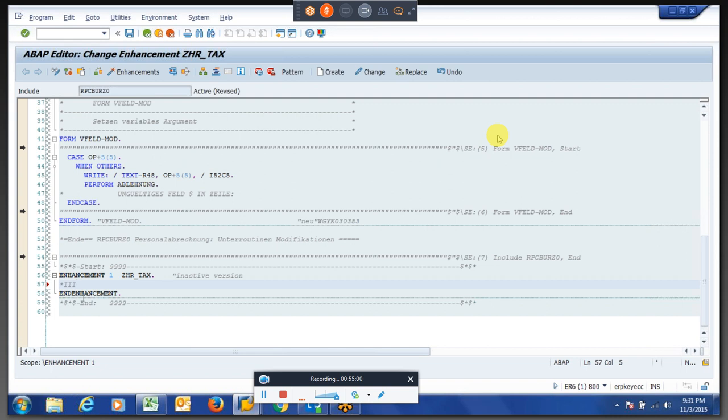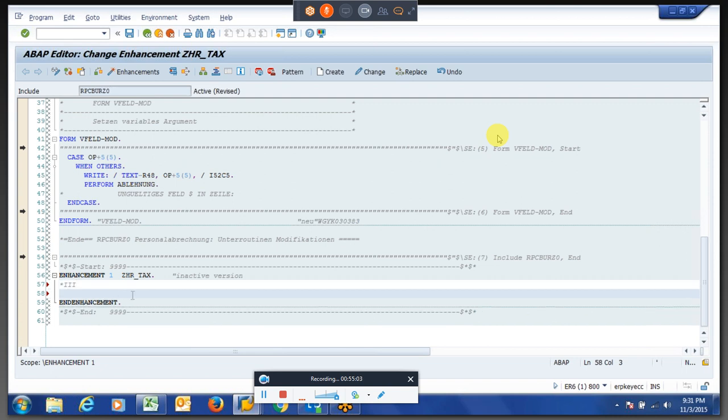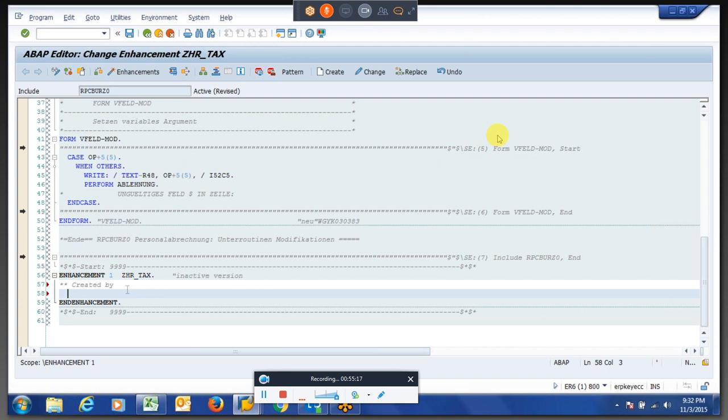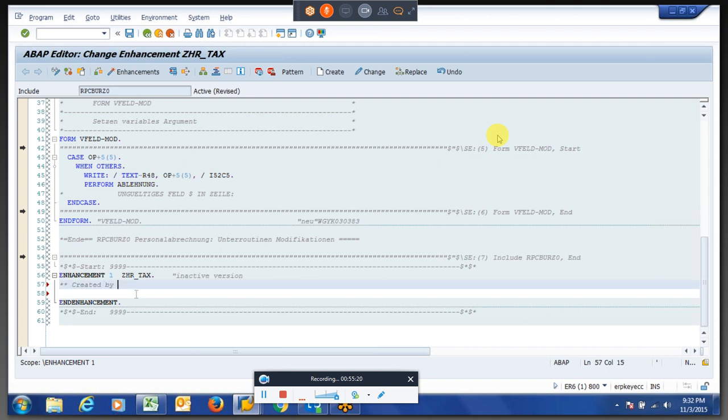Right? So if you want to give some comment lines, you can give a star, even a single star will work. Star is for comment lines.